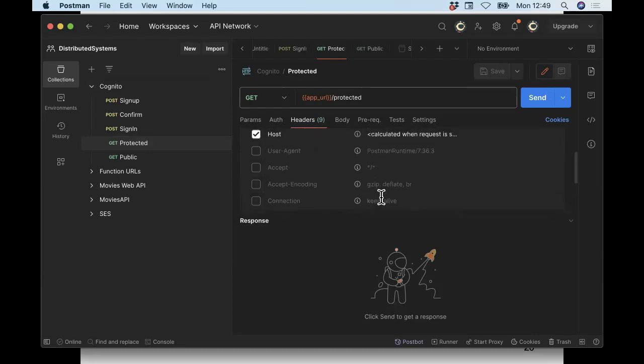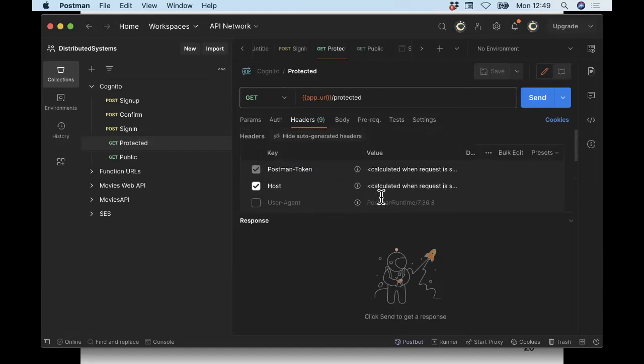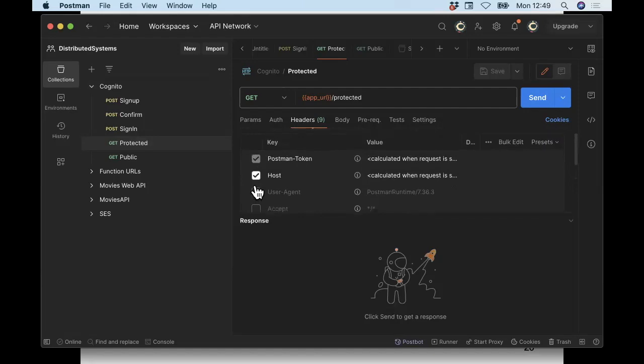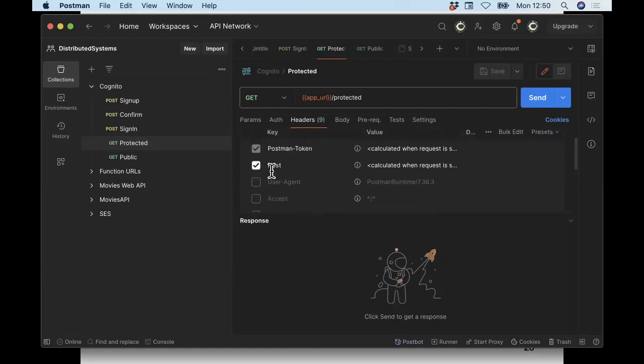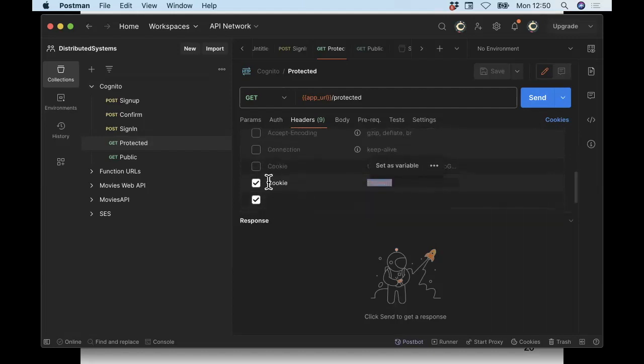Now, there are some other headers as well, which are actually mandatory. I played around with them, but you also need to include the host HTTP header. I think that's the other important one. This is actually initialized for you by Postman anyway, so you don't have to work out what value to give that HTTP header. The one that you set up is the cookie HTTP header. So I'm sending a GET request to this URL, I'm including some headers, and if I send that request,